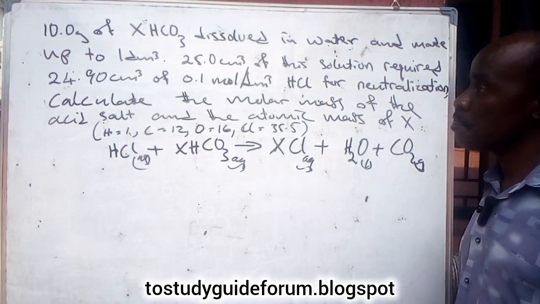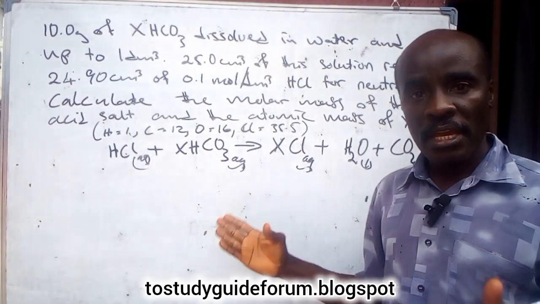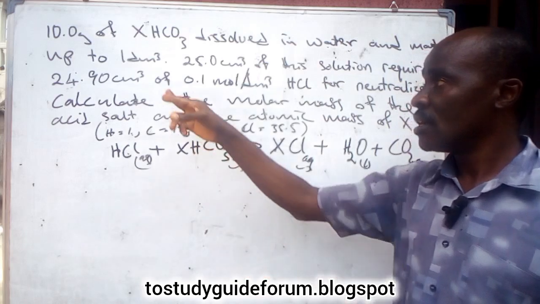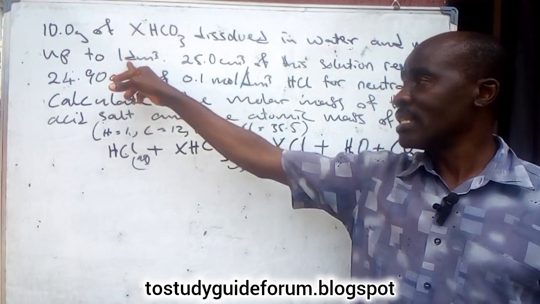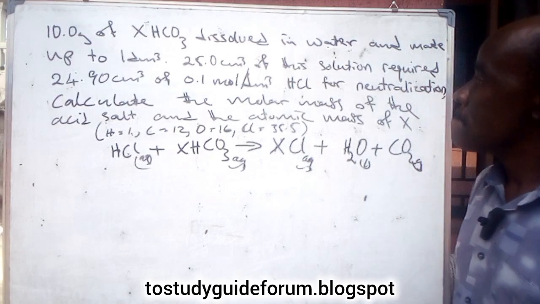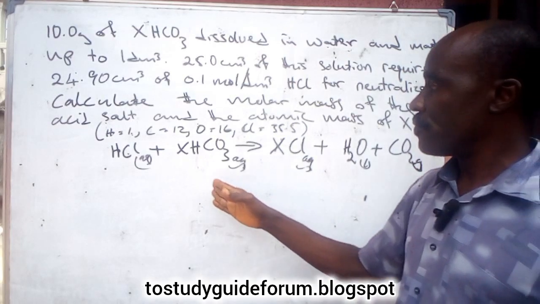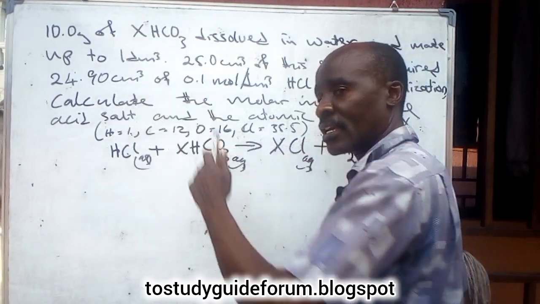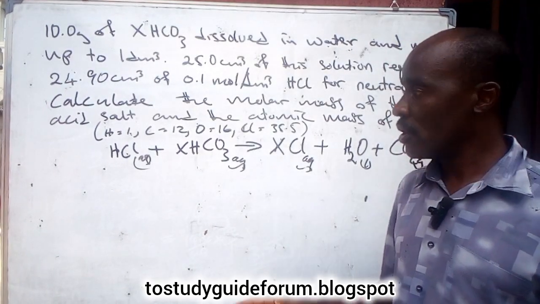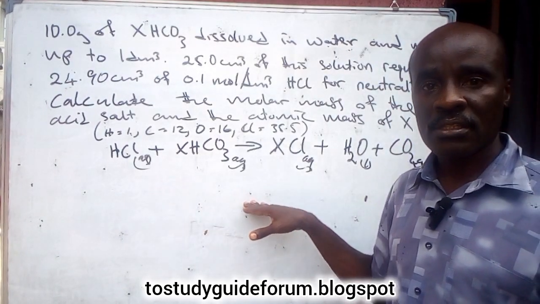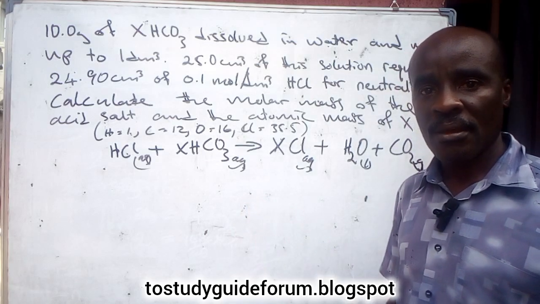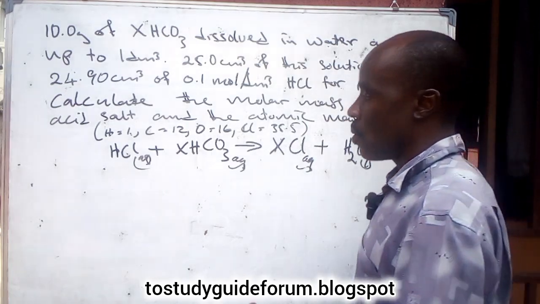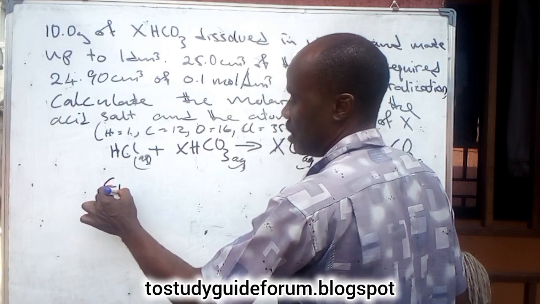That is to say, the solution is a kind of standard solution, in the sense that it has a known mass in 1 dm³. But we don't know the number of moles involved, because we would have done it the other way around if we knew the value of X. Since we don't have the value of X, we can only do this volumetric analysis